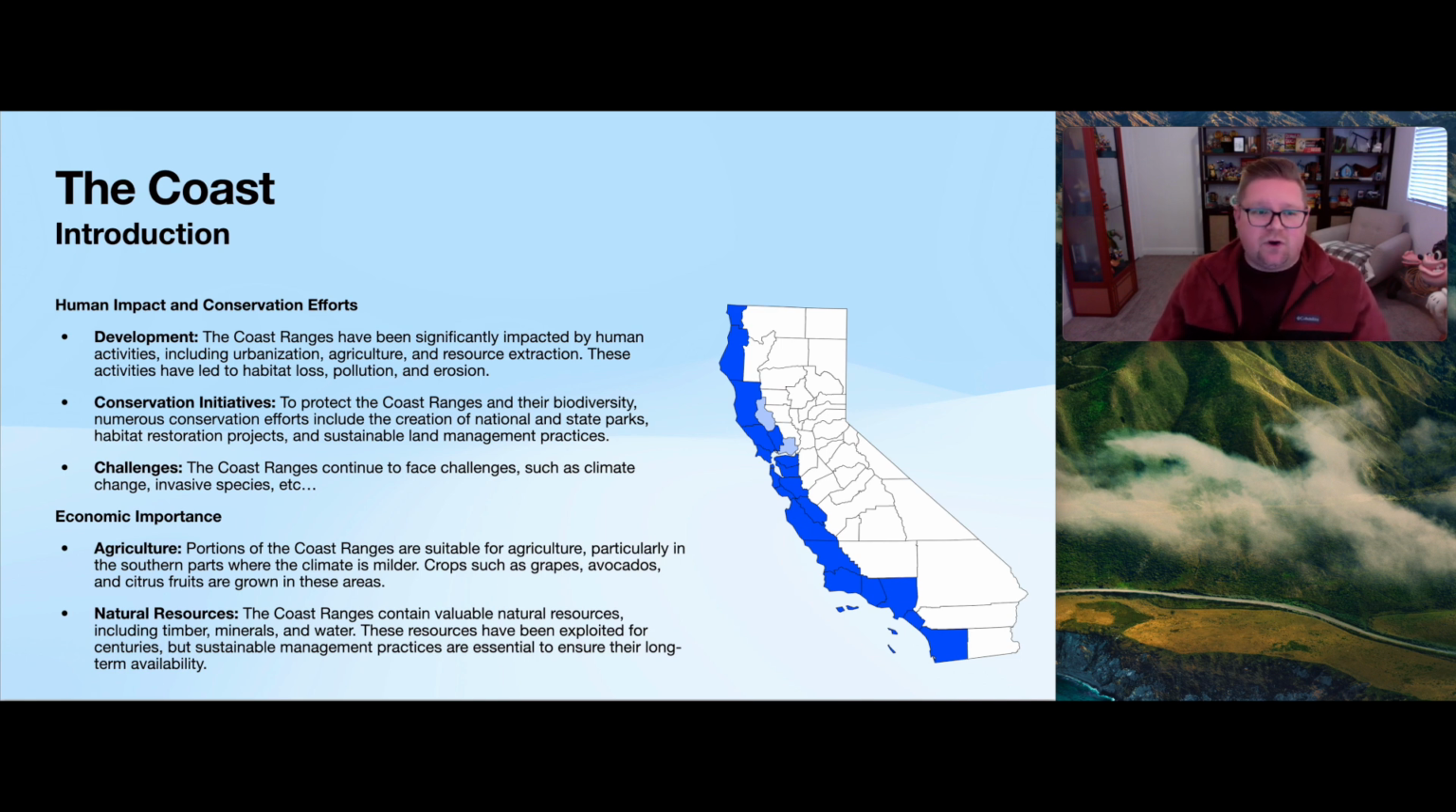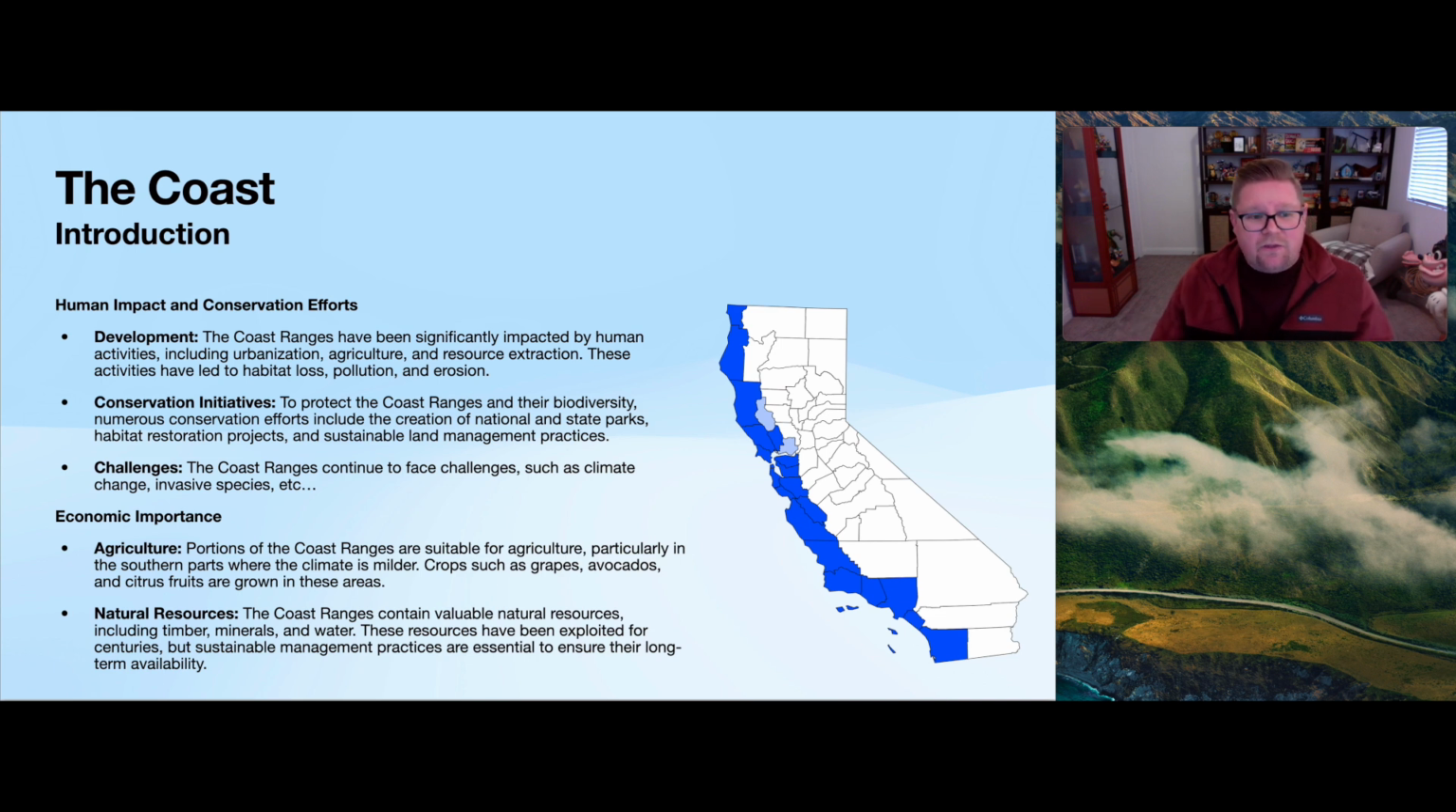But there's been long-term effects of that, including extreme mass movements and landslides. There's also conservation initiatives to protect the coast, going back to that biodiversity, state and national parks, and also conserving historical cultural points of interest from early indigenous Californians and the peoples that were here. And then moving into challenges, the coastal range continues to face challenges such as climate change, invasive species, and so